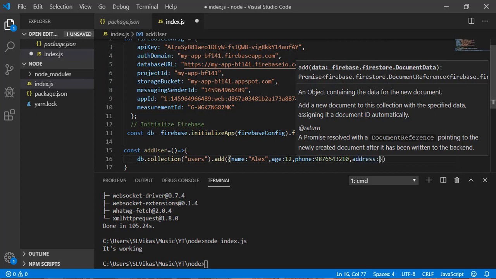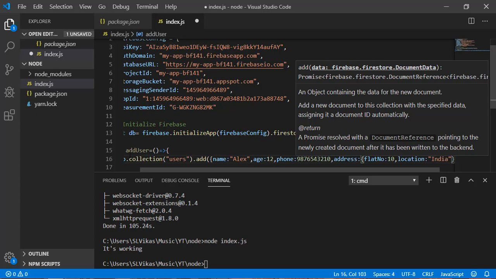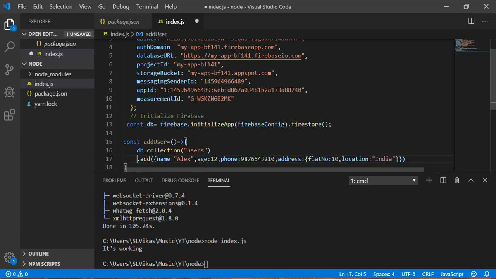Inside address there is also one object. So inside that I need to define flat number, so 10, and location, let's call it India. Now let's break this line here. Now we have defined it.